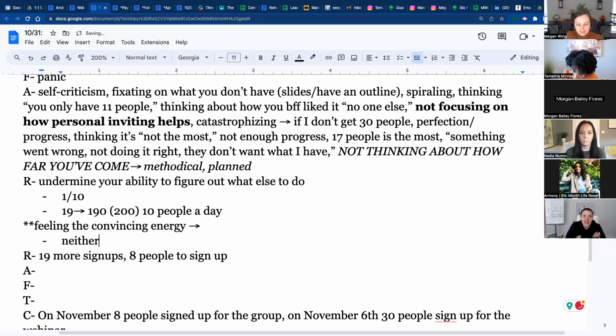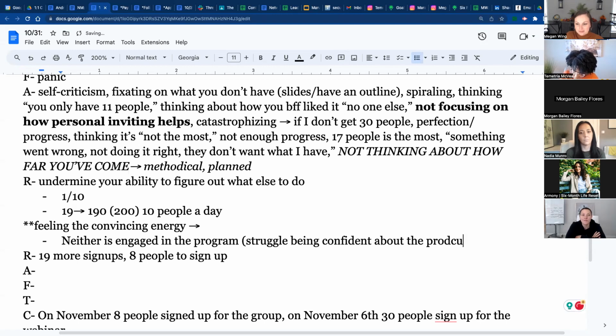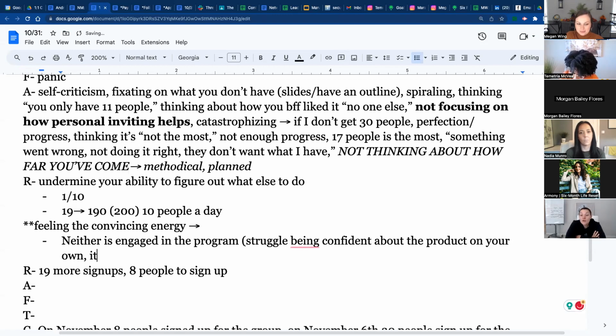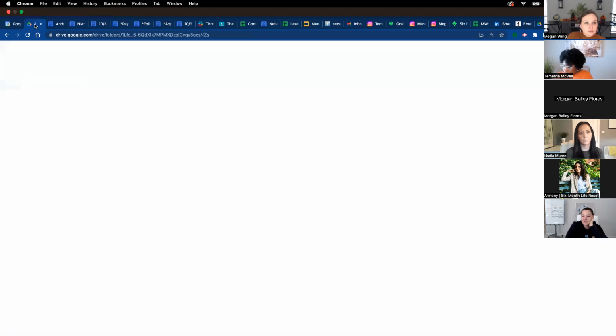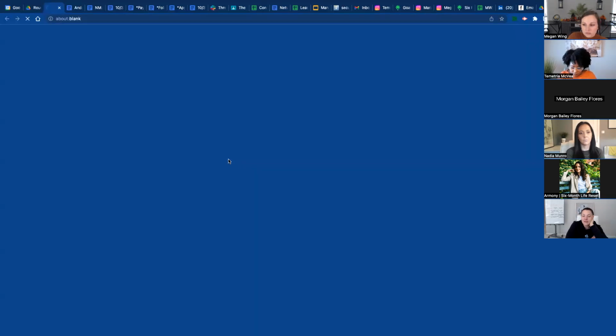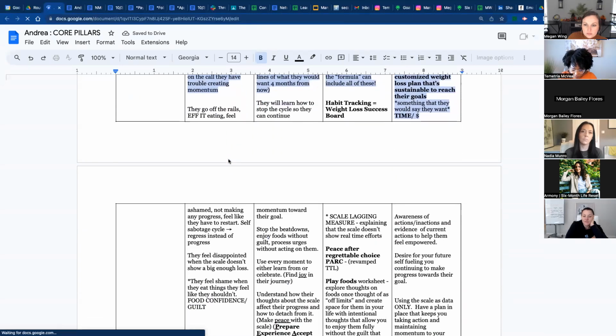engaged in the program. And I think I definitely struggle with being confident about my product on my own. I'm really looking for that external validation that it's working for other people. And I know I've worked with other people in different variations of my program in one-on-one, and they've had success and they've really loved it. But because I've revamped it, and I'm utilizing the pillars and all that kind of stuff, I'm still feeling very needy for that validation,